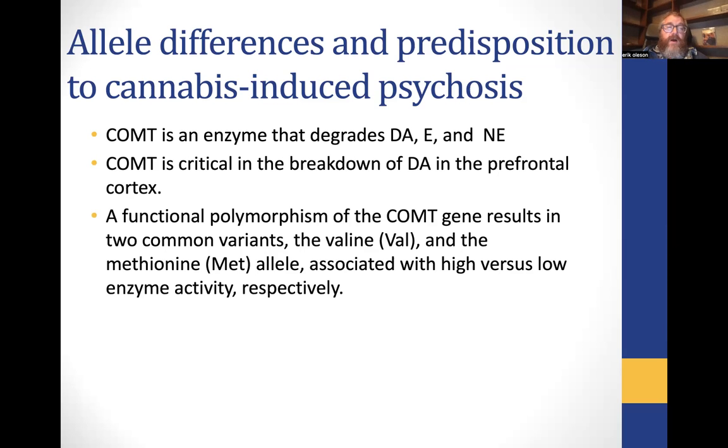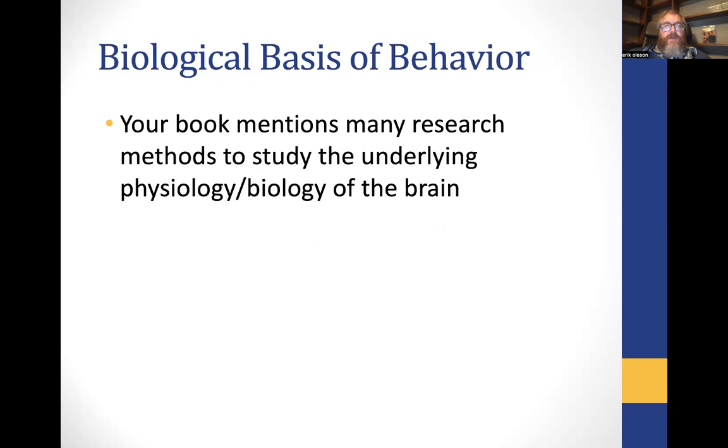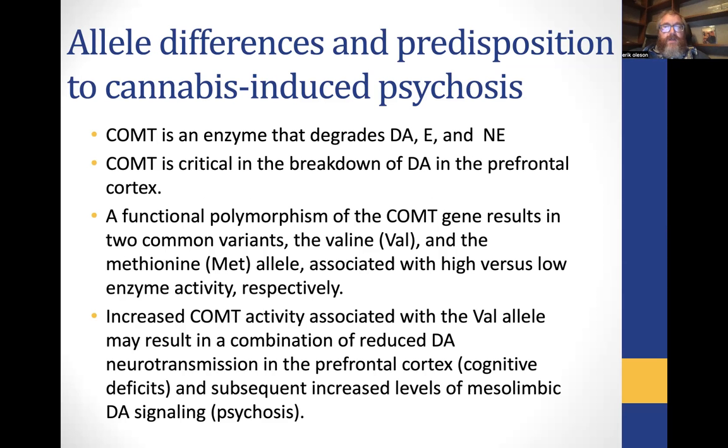But regardless, a functional polymorphism of the COMT gene results in two common variants, the valine and the methionine allele. And what has been shown is that increased COMT activity associated with the VAL allele may result in a combination of reduced dopamine transmission in the frontal cortex, leading to potentially an increased level of dopamine signaling and psychosis. And it is just this allele that was found to have an increased risk for schizophrenia, just this one allelic phenotype,